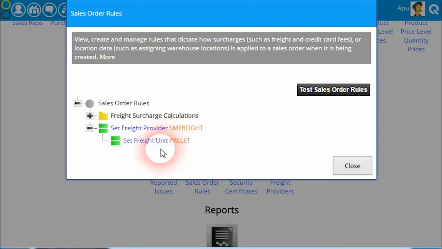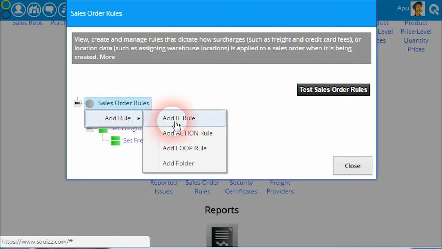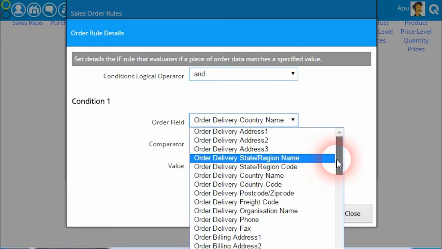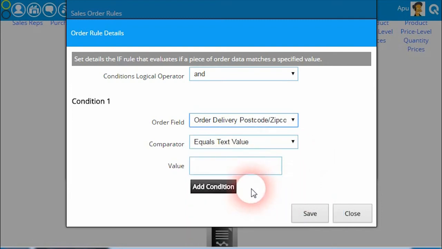Now you can come up with all different kinds of complex rules on what decides which freight provider should be used to deliver goods for a specific order and what unit they should be placed in. So we might want to put a conditional rule that checks to see if an aspect of an order is met before we decide that we want to use, say, pallets as opposed to cartons. So to do that, I would add an if rule, and I would go, let's just pick an example, if the delivery postcode is equal to the number 3065,